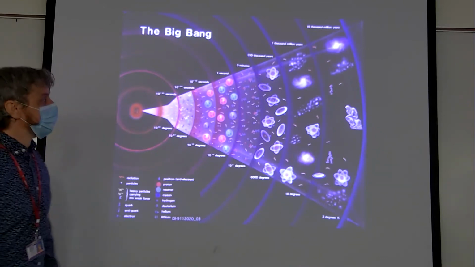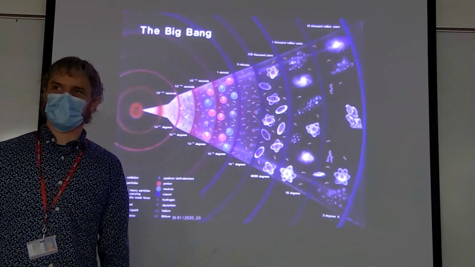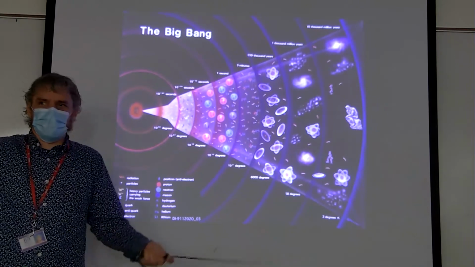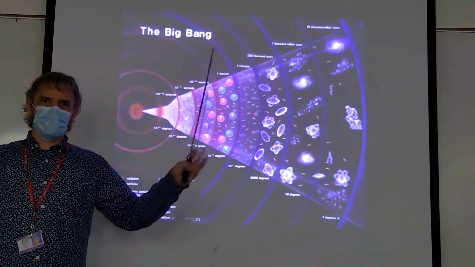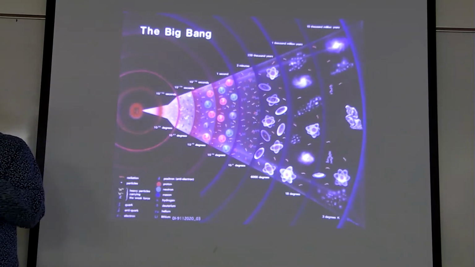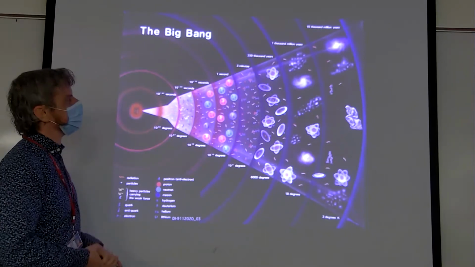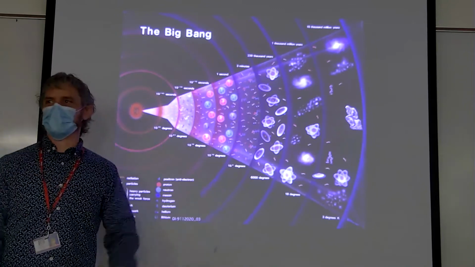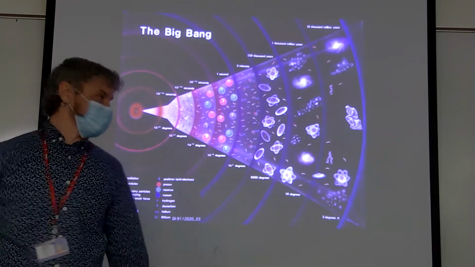none of that stuff. And it wasn't until these first atoms formed that the universe actually became transparent. Before that, anytime a photon would be emitted by some kind of process, it would just immediately get absorbed by the radiative soup that it was sitting in. The quarks, gluons, all these other particles would just immediately absorb it because there's just no space. It's way too hot. Pressure's too high. But after the first atoms start forming, things condense out and the universe becomes transparent, and we can actually see the light from that time. We can see that light if we look far enough out into the universe now.